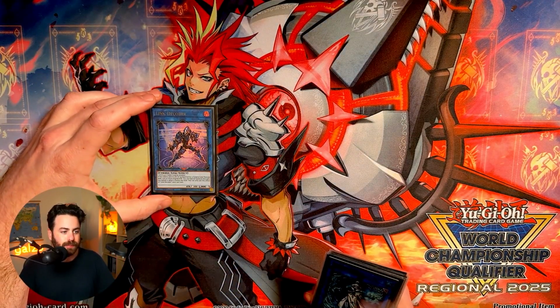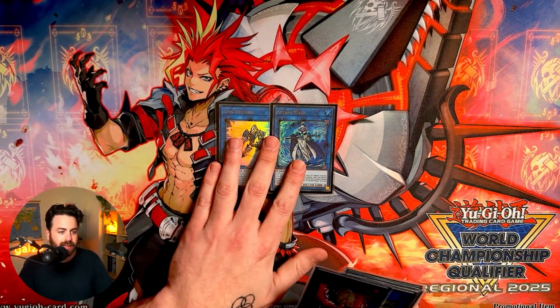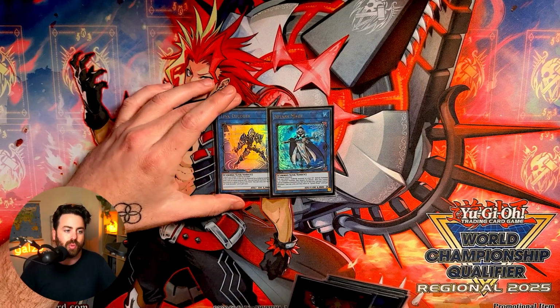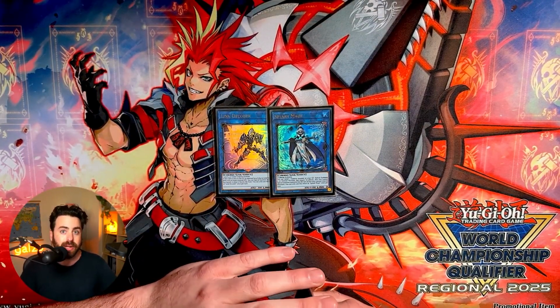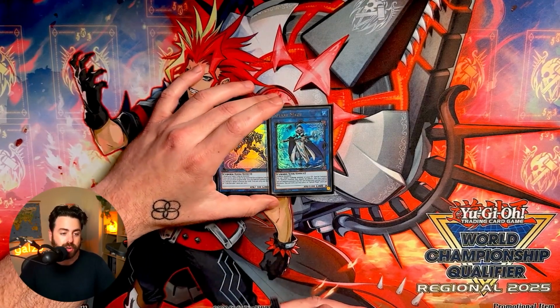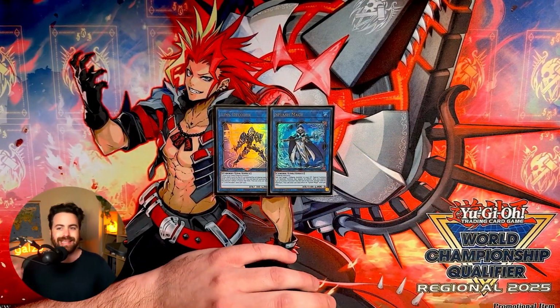Some Cybers, tech cards that are important. We're still playing Splash and Link Decoder. We're not playing Lingaribo or Link Spider. You don't need them with the Fiendsmith cards. You have enough extension, enough bodies. However, Splash Mage is still...